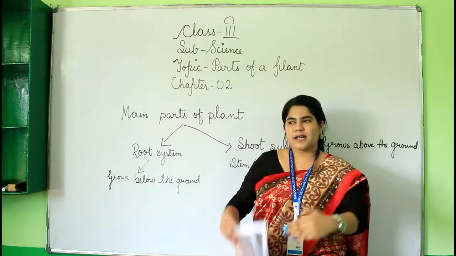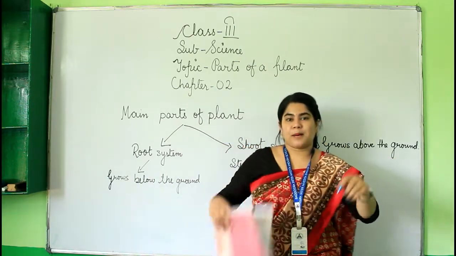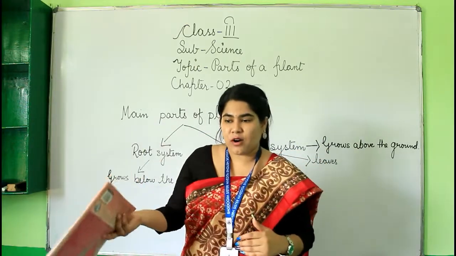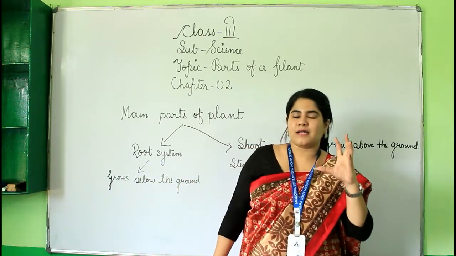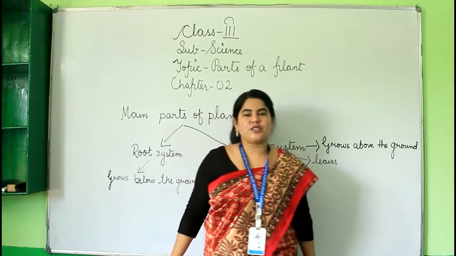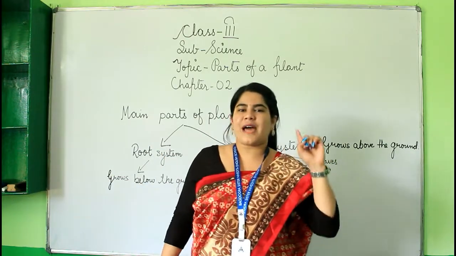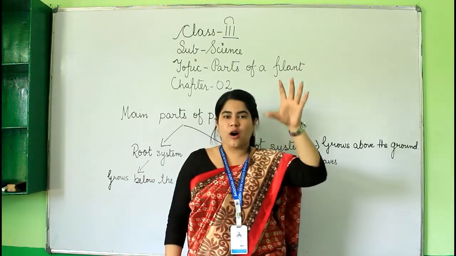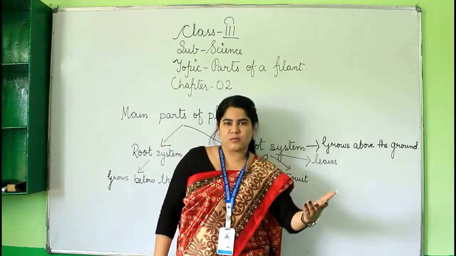Every day you have to observe it, and write in your notebook the process: on the first day what happened, on the second day what you saw, and water the plant every day to keep the soil moist. Don't water it too much, as it may be harmful. So this was your activity, and this is your homework. You also have to draw the parts of a plant and label it on a piece of paper or in a notebook.